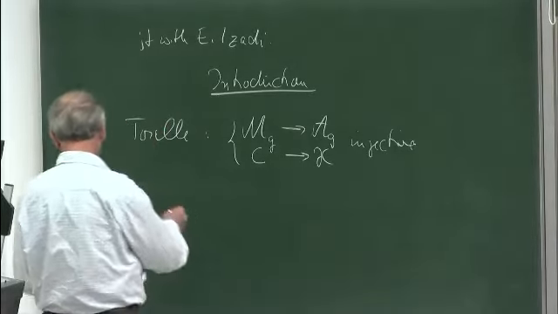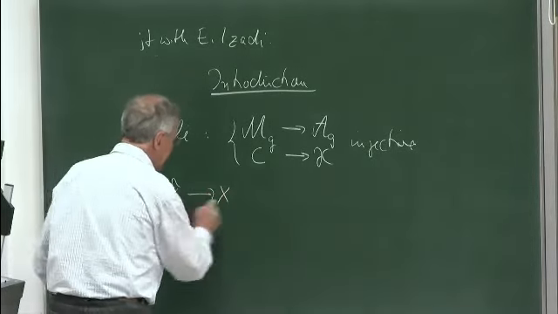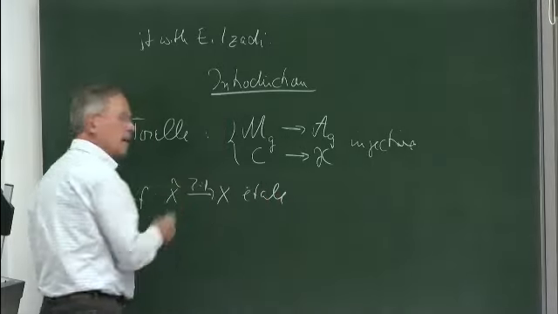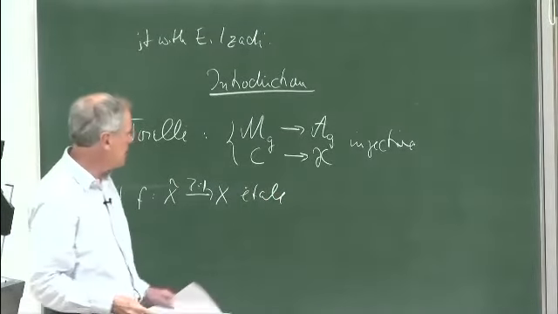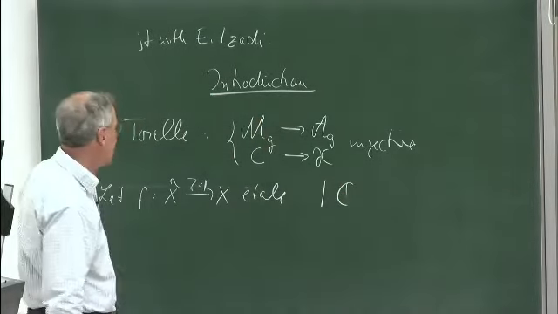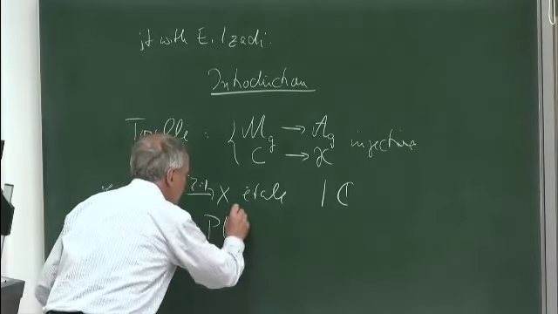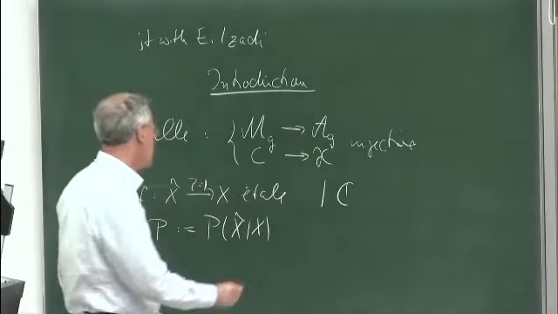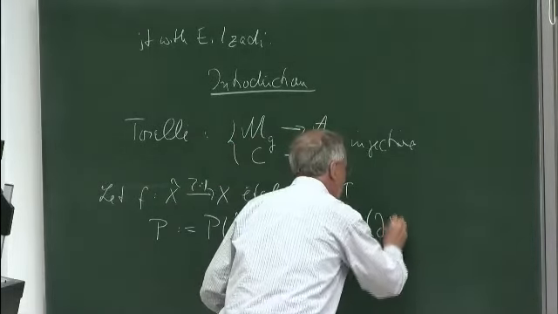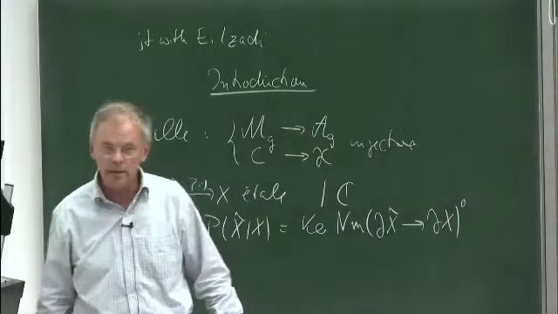So to be more precise, let f: X̃ → X be an étale 2-to-1 covering. Everything is over the complex numbers. To such a covering, one can associate a principally polarized abelian variety, which I denote by P(X̃/X), defined as the kernel of the norm map from the Jacobian of X̃ to the Jacobian of X. This has two components, and one has to take the connected component of 0.